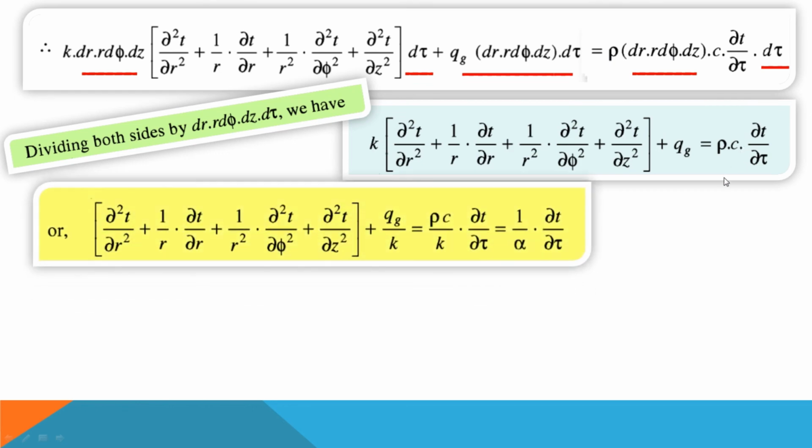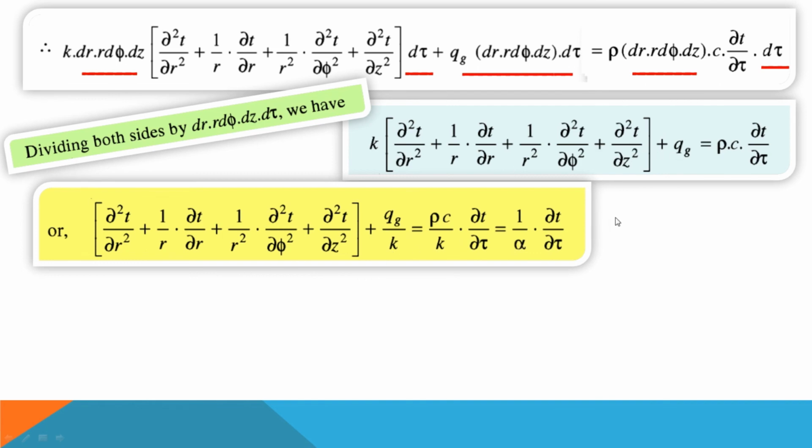But we know that K is the thermal conductivity. So if the material properties remain the same, K remains the same, so keep it outside, and here we divide by K, this is a cross multiplication. So K on the right hand side is equal to 1 upon K, or we can say rho c by K,